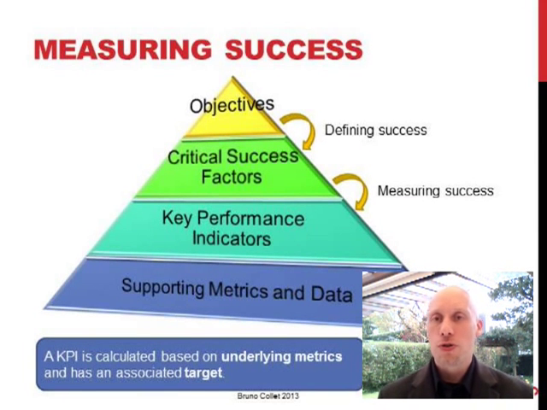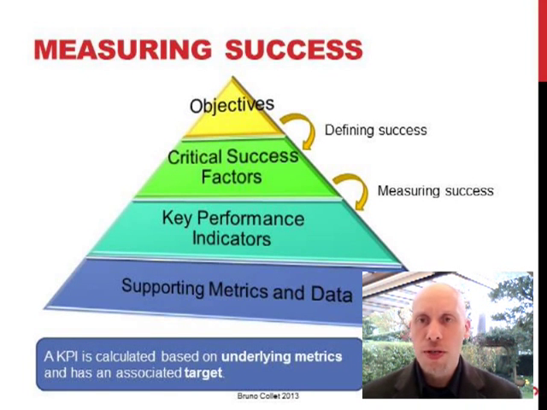Now, this slide shows a pyramid. You remember that a few minutes ago I mentioned that the process for establishing a system for measuring performance of projects is a top-down process. Well, we have to make sure that this top-down process actually reaches the ground, which is why it's a pyramid. First, we define success, and success is defined essentially by the critical success factors. However, these are not usually measurable directly. They're an intermediate step between the objectives and what is actually measurable, the KPIs.